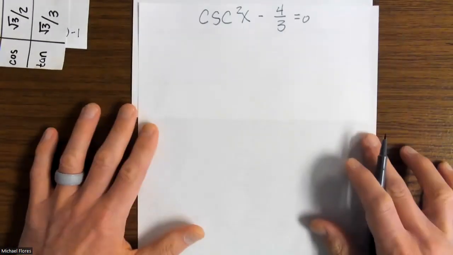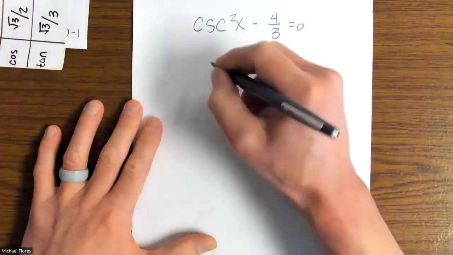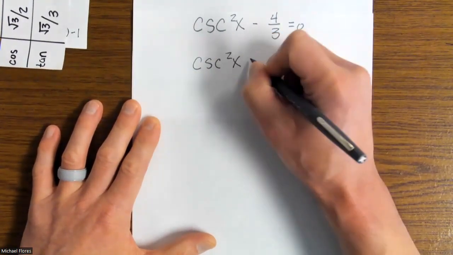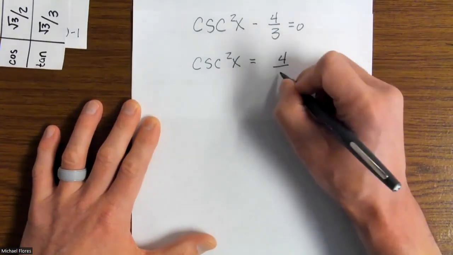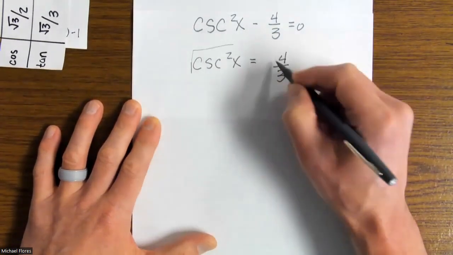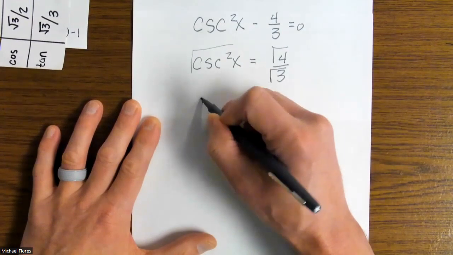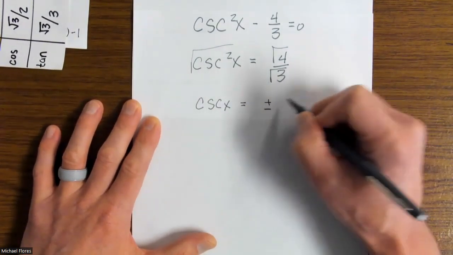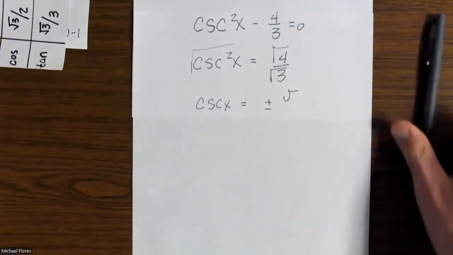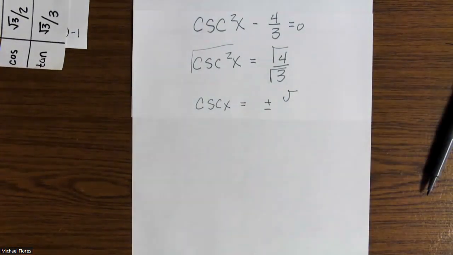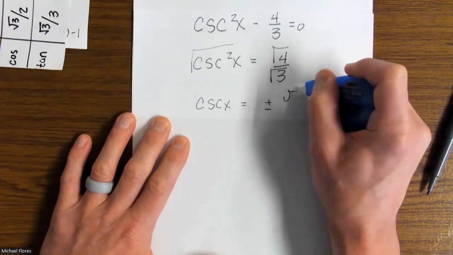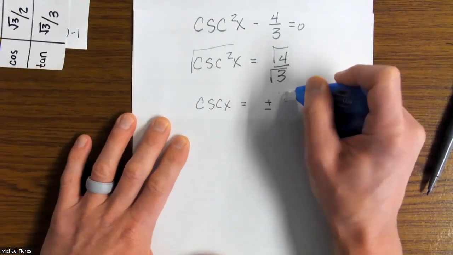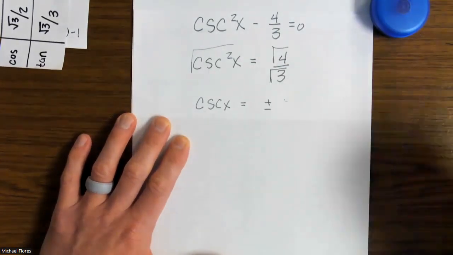Let's take a look now at example 12. Let's add 4/3 to both sides. Now we can square root both sides. That would give us, oops, the square root of 4 is 2. I was about to put the square root of 2. That is not correct. Okay, the square root of 4 is 2